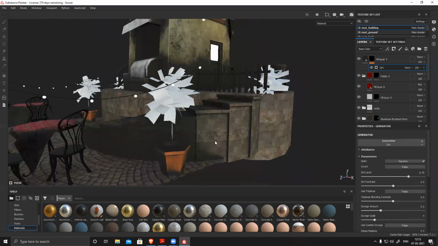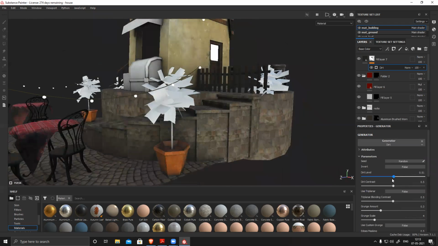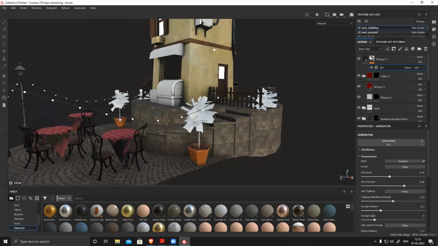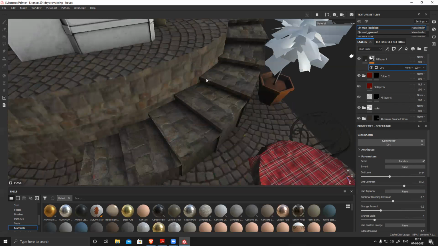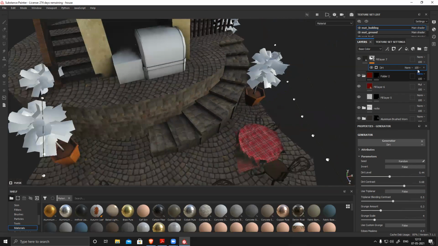And you can see it creates this variation, but it's way too much. Reduce it. Contrast I can increase or decrease. So it will cast all the shadow and generate all the dirt and everything.